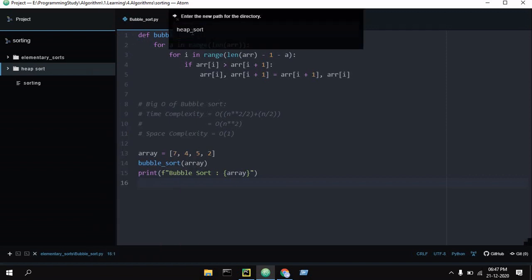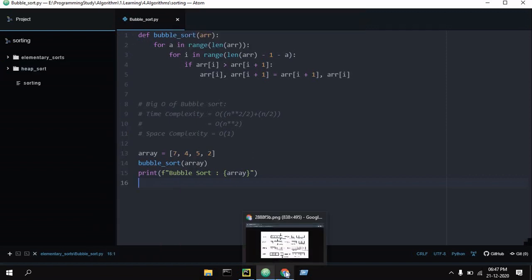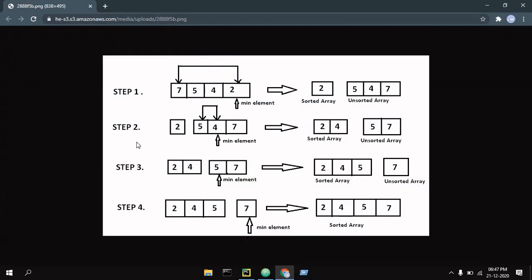Now let's begin with the selection sort. On the screen you can see we are given an array 7 5 4 2 and we have to sort it. In bubble sort we were separating out the largest to the right, but in selection sort we separate out the smallest to the left.